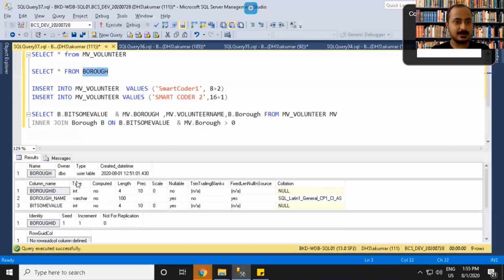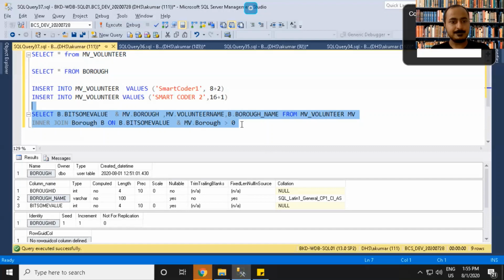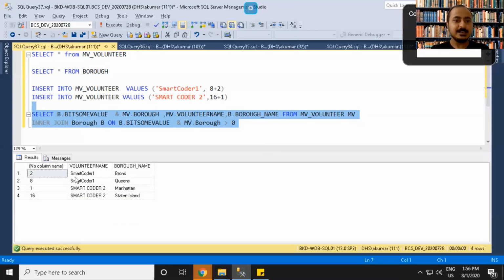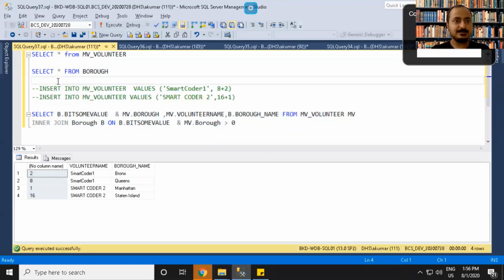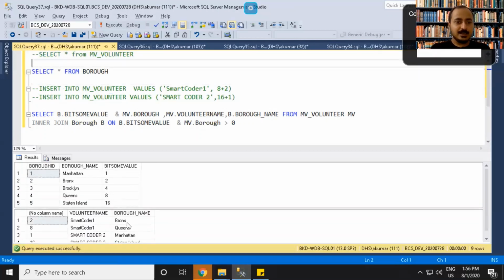Then if I use this, see, smart coder is working for Queens and Bronx, and here is the trick. So let me select the borough table and this output.